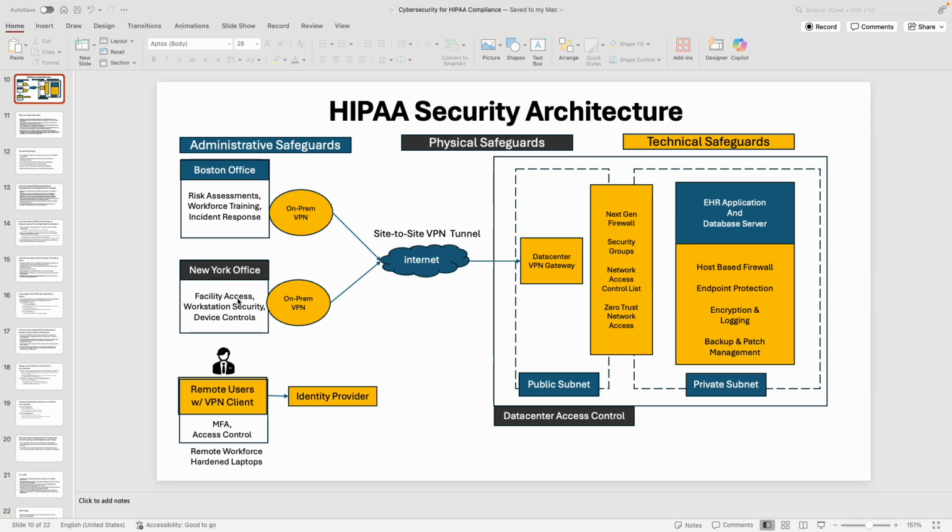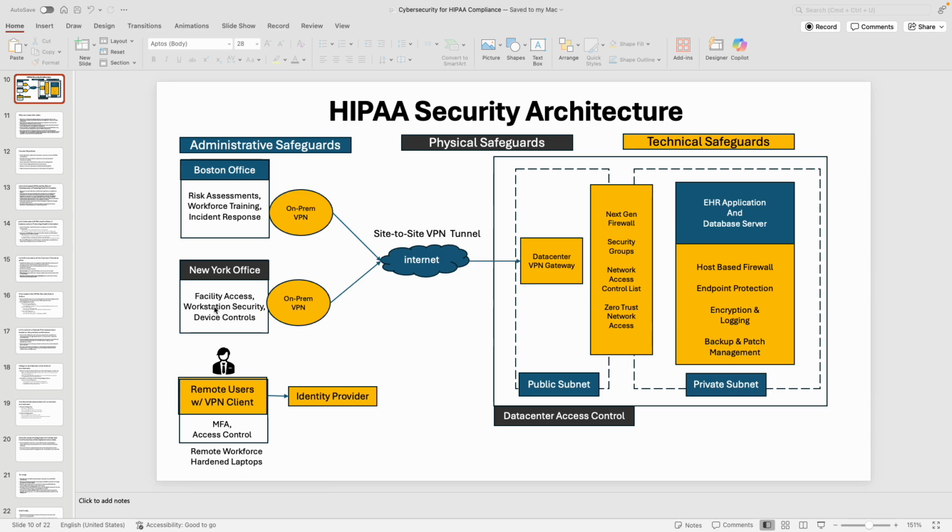And then in the New York office, we're concerned about the physical access to the location. So we're assessing if there are badge readers or anything that ensures that we're able to track who's accessing that practice, as well as any workstation security. We want to ensure that those workstations are locked down, they are not able to be accessed, as well as any device controls that ensure that only required users are able to access